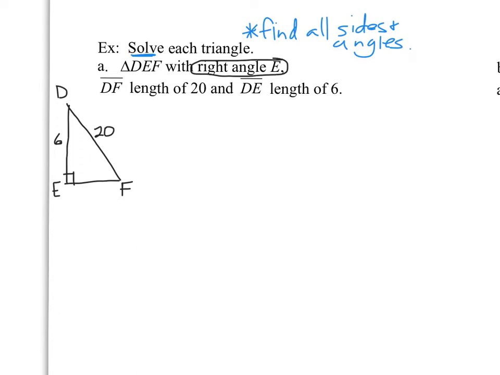Now unfortunately, Sohcahtoa only works when you have an acute angle, meaning less than 90. So angle E isn't going to help us with Sohcahtoa. Therefore, we're going to have to do Pythagorean Theorem to find EF first,